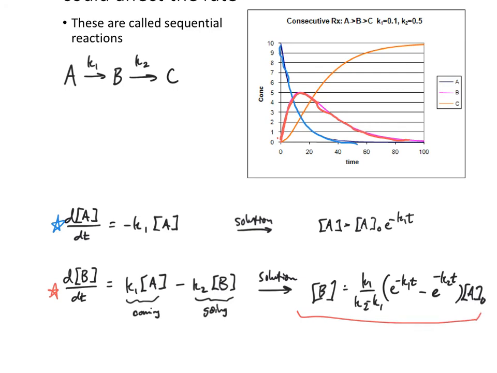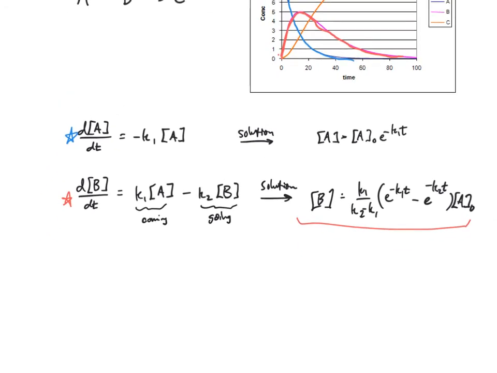So now let's take a look at the final rate law. The rate of change of C with respect to t equals k2 times the concentration of B, because that's where it's coming from. C is not going anywhere, so we don't have any sort of addition or subtraction there. And the solution